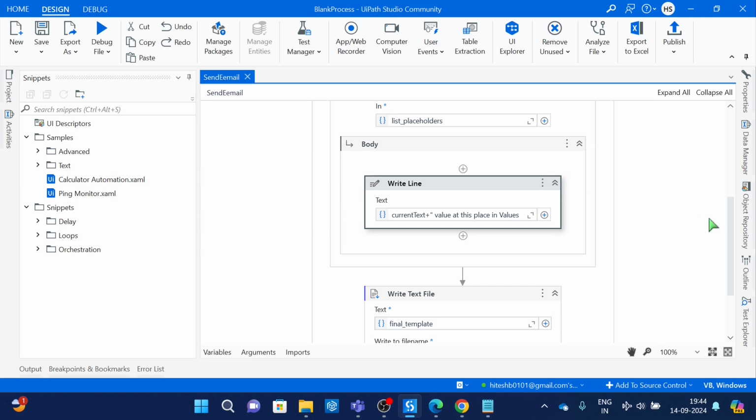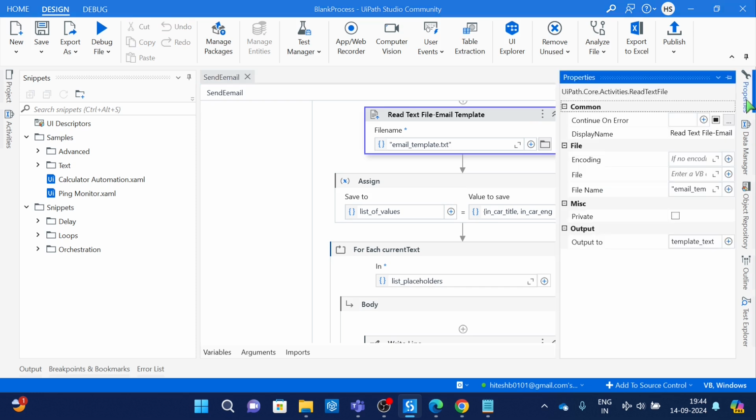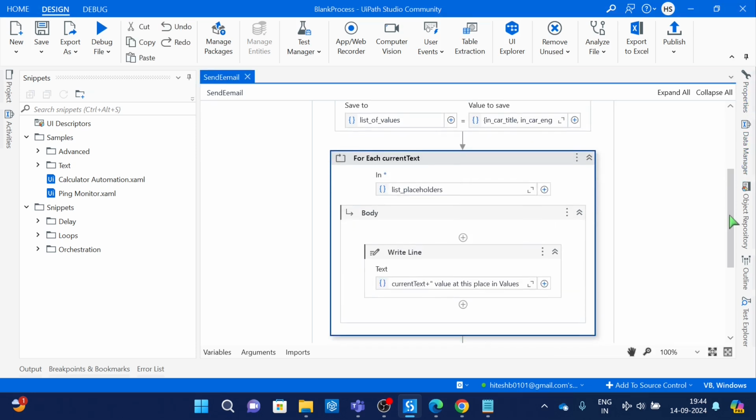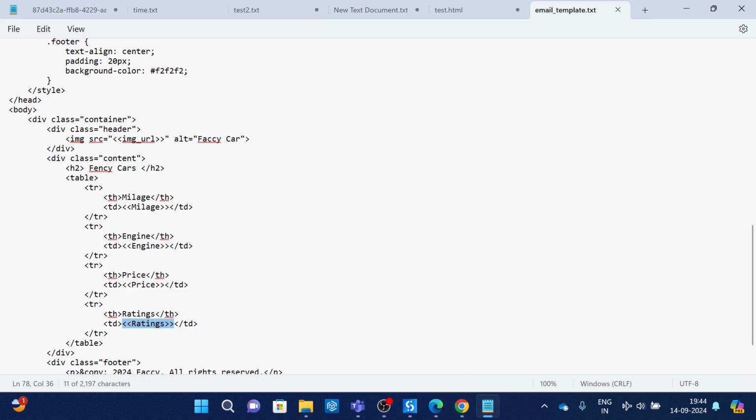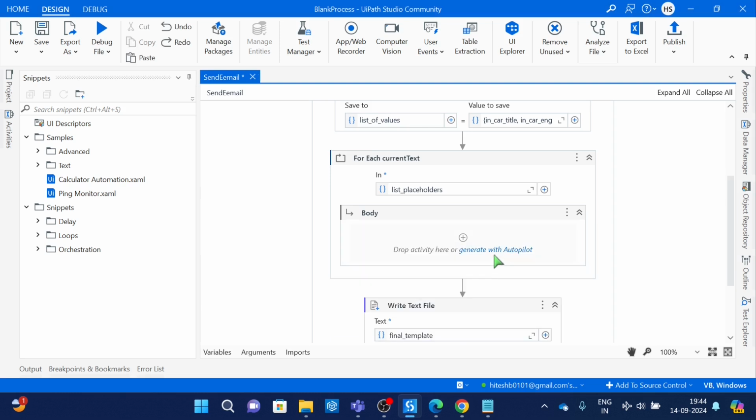Now what we have to do is that we are taking the output of this file in template text, right? So in template text, I think you understood why we have used these placeholders here, right? I'll close this file. Maybe it's not necessary. Okay. Now we will come and we will replace